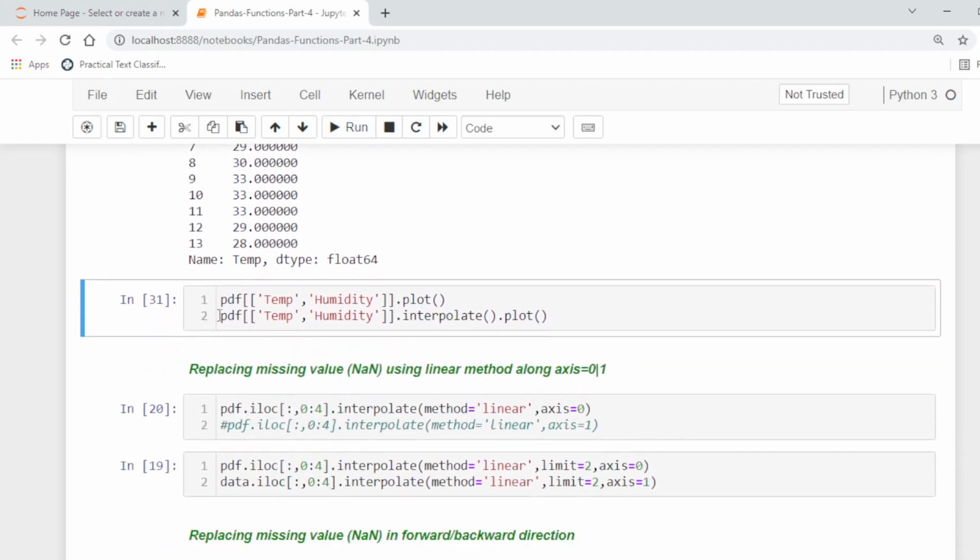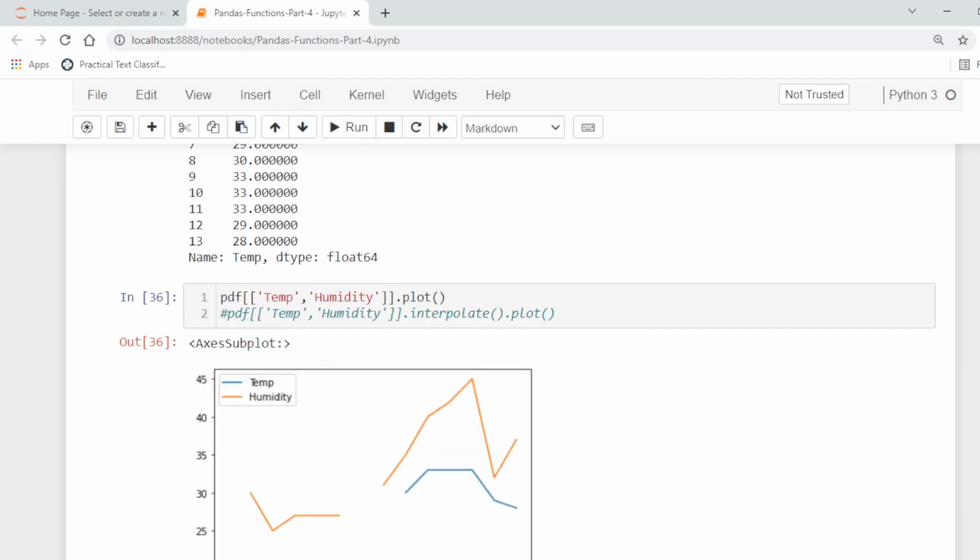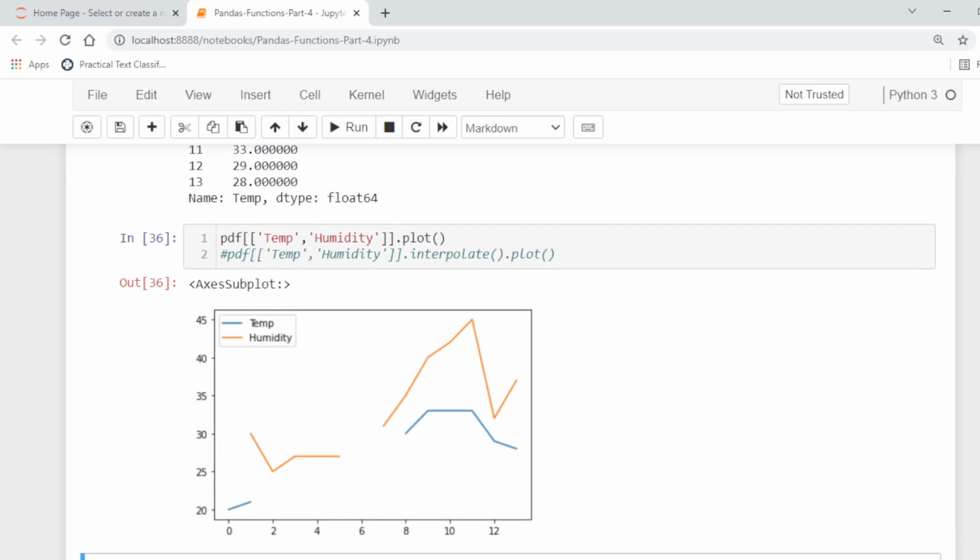Let's say we show it in a graph. For example, if we draw the graph, here the graph shows the missing values in the temperature and humidity columns. If we use interpolate, it will estimate these missing values.